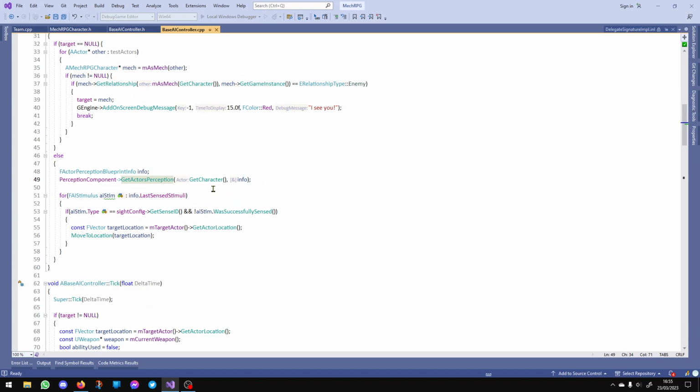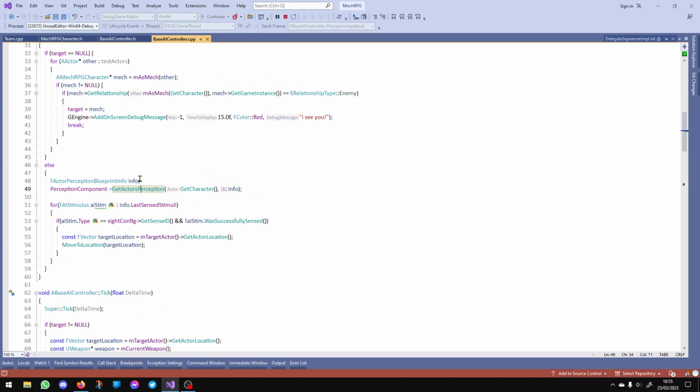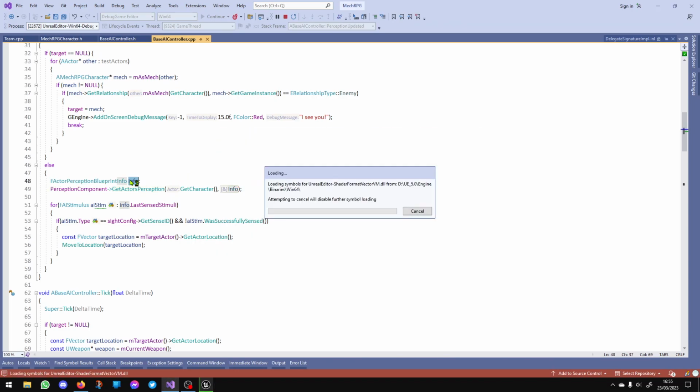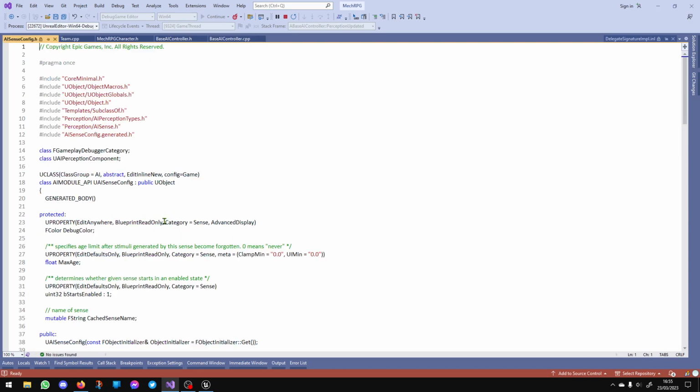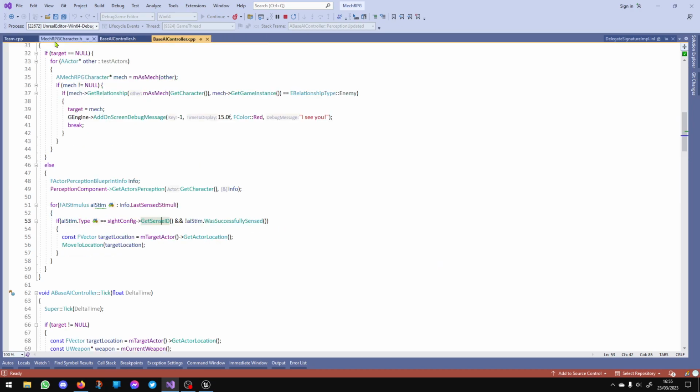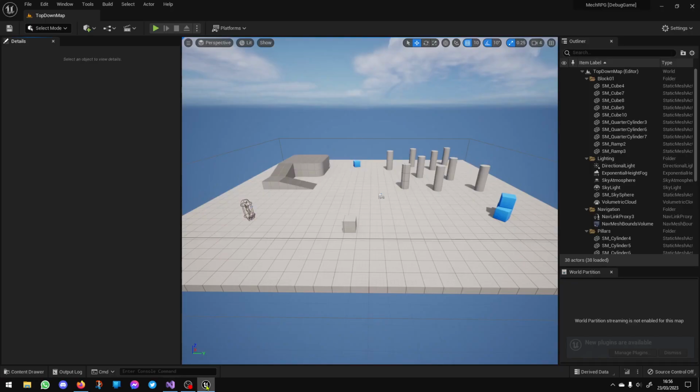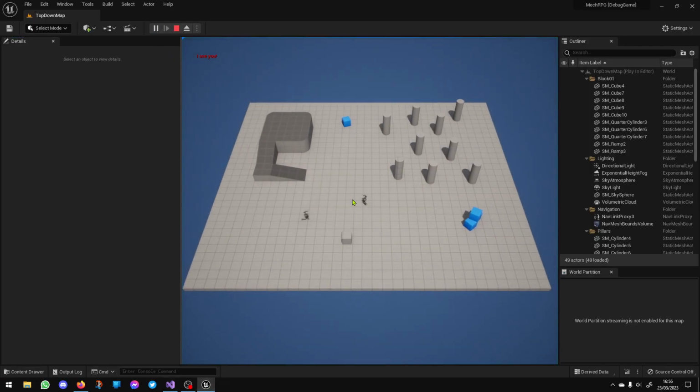So we're getting the AI character's current perception, putting it into an out parameter of this info, checking all of our stimulus. We're then checking the stimulus of our site. So we get the type is an ID, which relates to our sense ID, which if it gets generated or is fixed. And then if it wasn't successfully sensed, then we need to move again. So hopefully